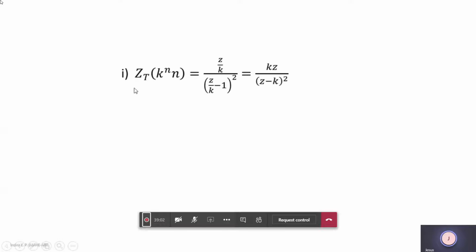Let us move on to finding the transform of k power n into n. Can you see that? I have to make use of the scaling property. If I multiply the nth term by k power n,